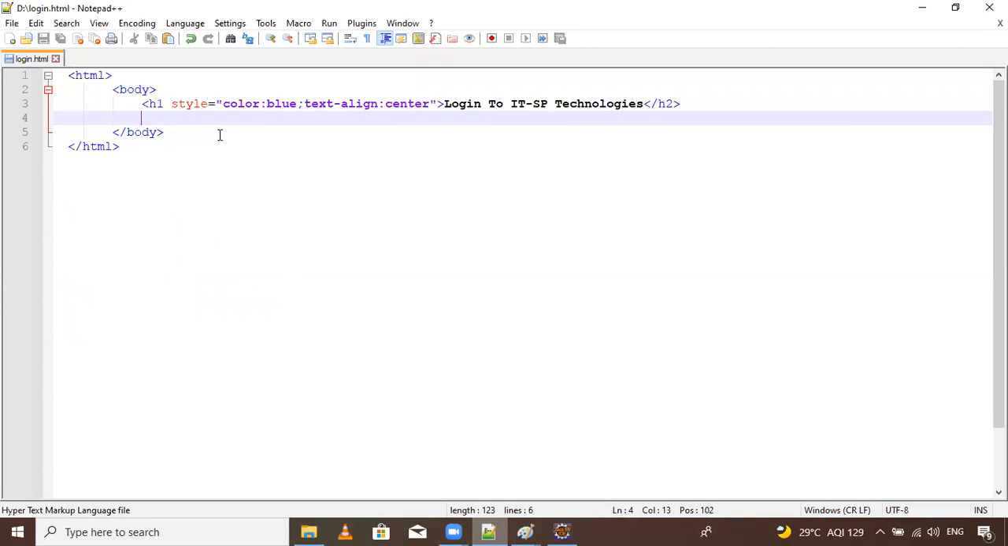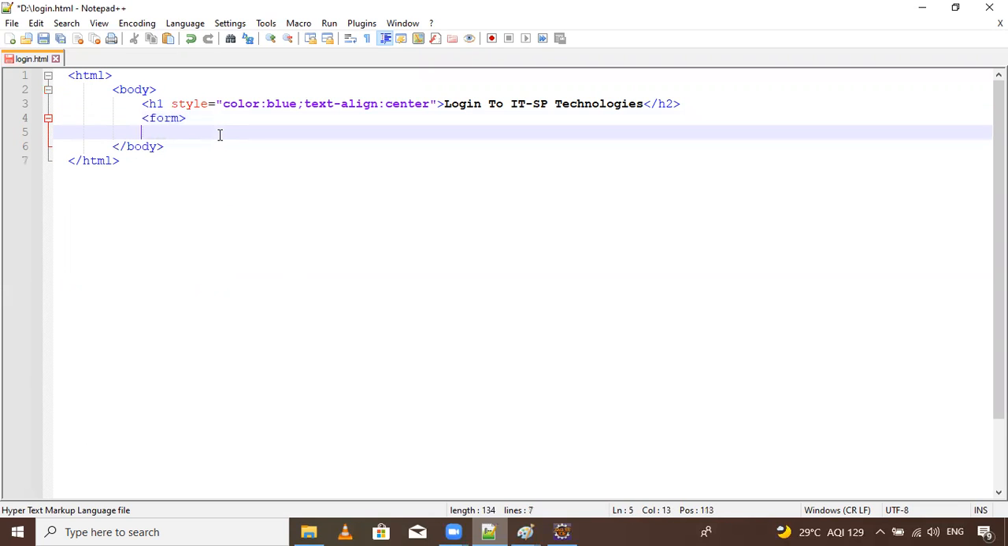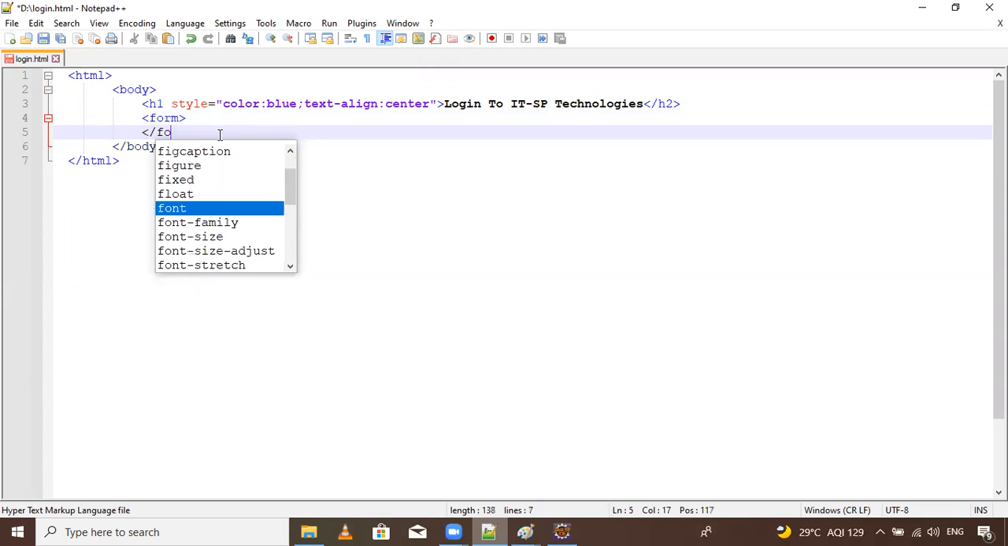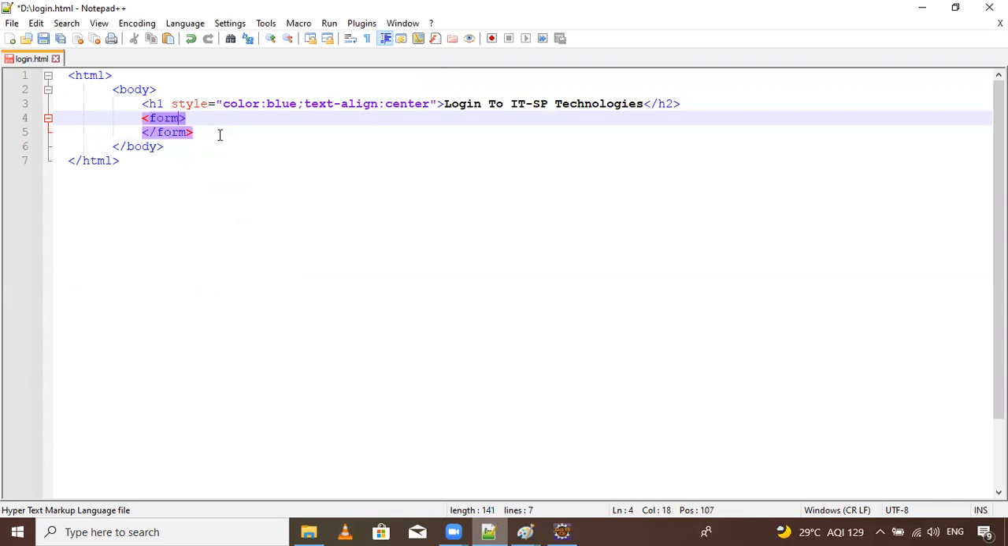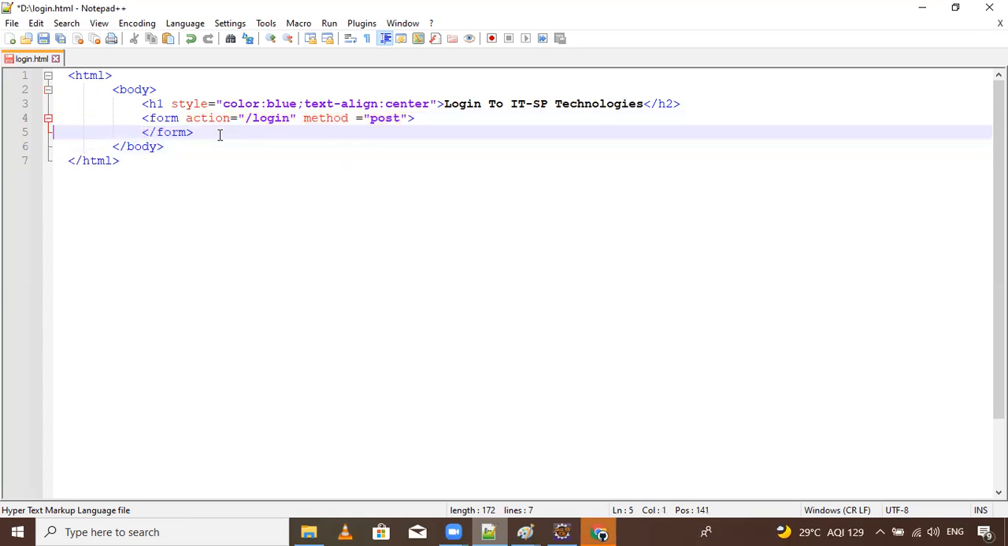So inside the body, take one form tag. Inside the form, just pass the action equals to login, and method equals to post. Okay. Now inside this,